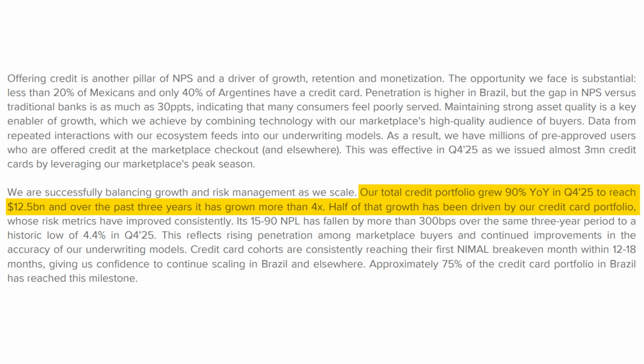What you're going to find is sometimes you're going to come up with an ad hoc thesis while looking at a company, like maybe it's Mercado Libre. And you say, hey, that's a little suspicious, and I'm not saying this is necessarily true, but it's a thought I had. That's a little suspicious how much they're increasing their credit cards. Is there any concern that maybe they're lowering their risk standards?